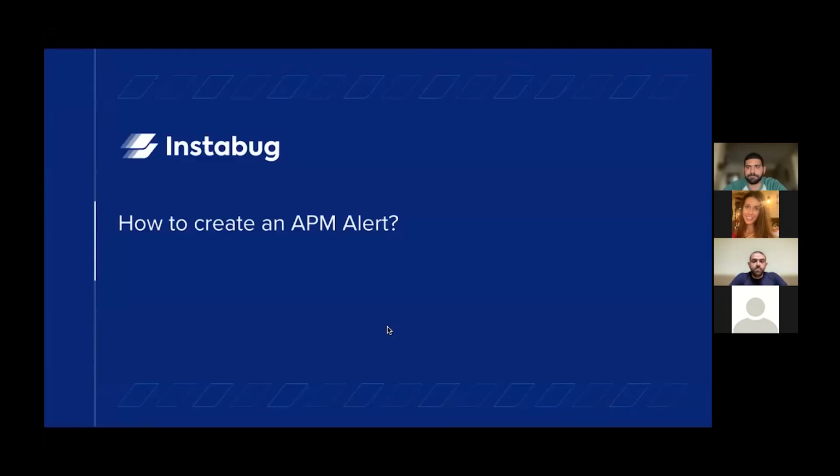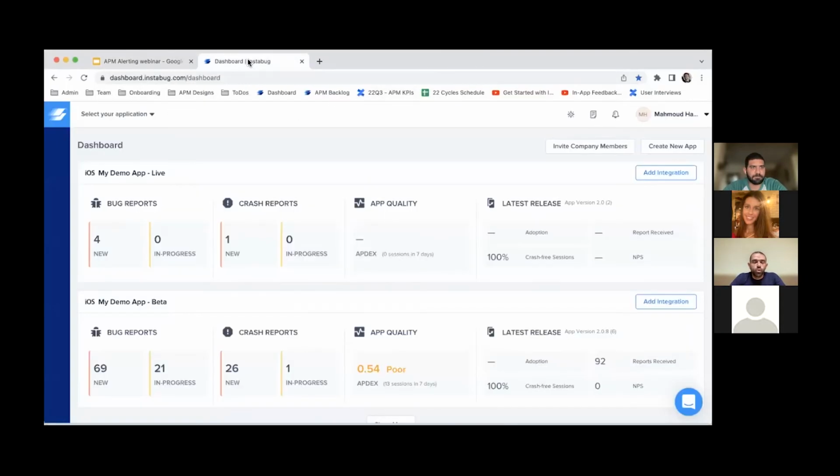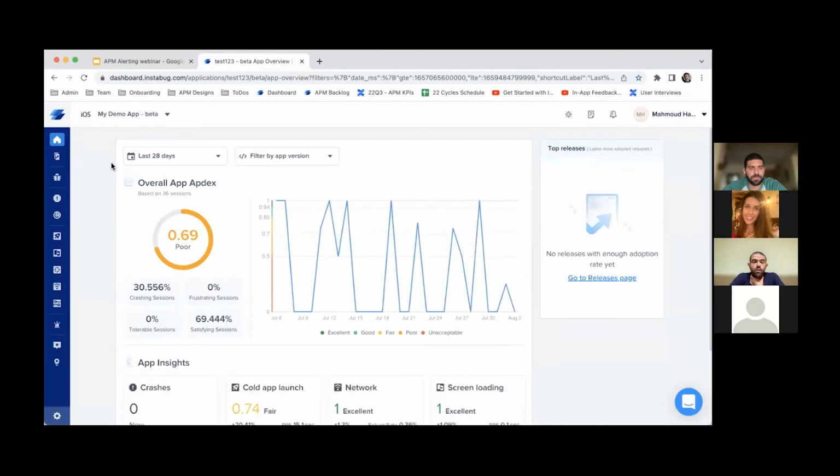So now I'm going to show you quickly how to create an APM alert from Instabug's dashboard. So let me move to the dashboard. So here is the landing page of Instabug's dashboard. Once you sign in, you first have to go to the specific application that you would like to create an alert for. So for example, if you go to this application, you start by visiting the app overview page,